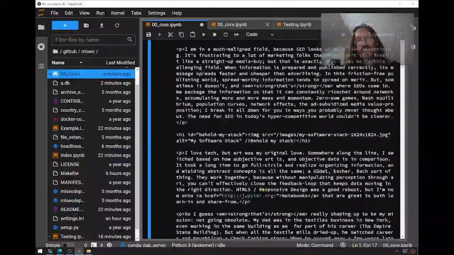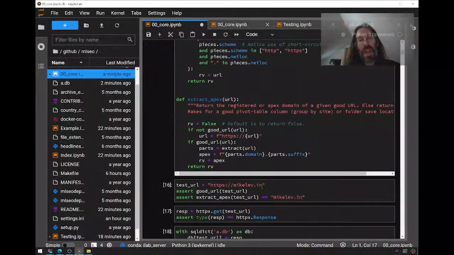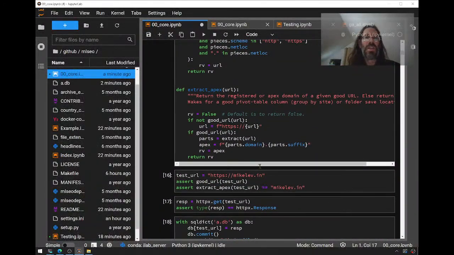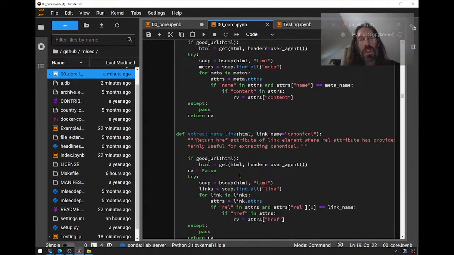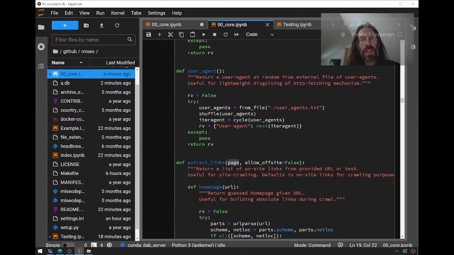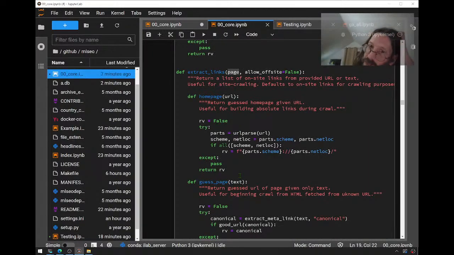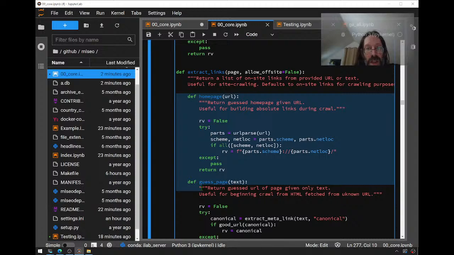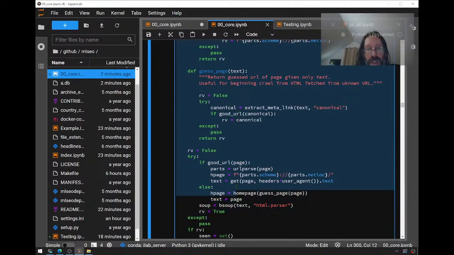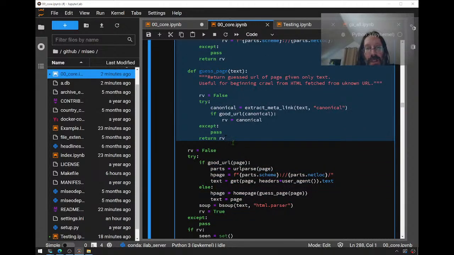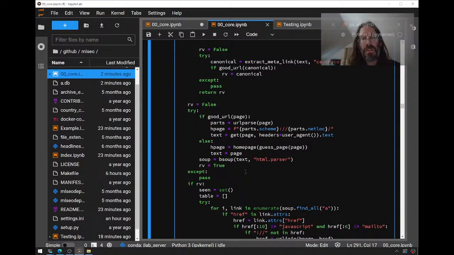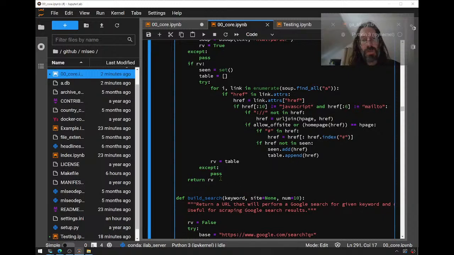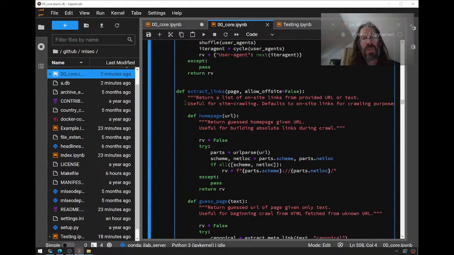Well, there's easy one-liners to do that, but because so much goes wrong in those one-liners, I have extract links here somewhere. Here's extract links. And it probably has some dependencies. You see I had to write these sub functions just in order to have this function work. You can see good URL is used in there. So yeah, without further ado,